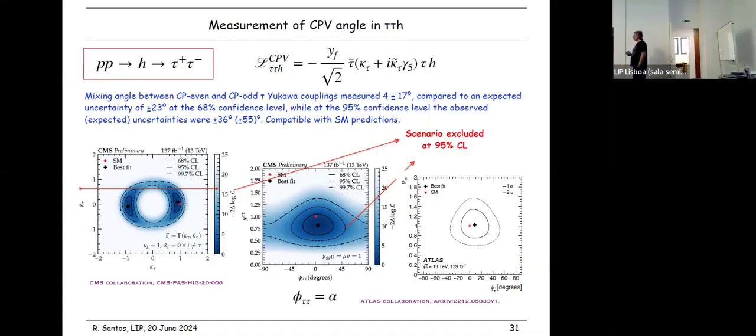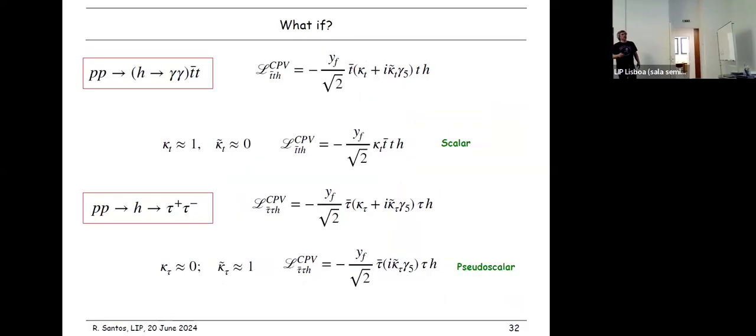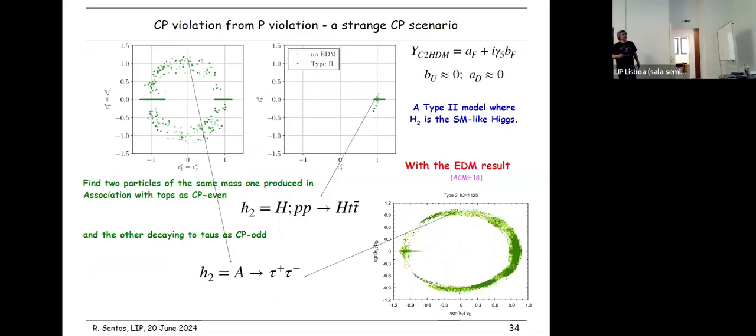Why is the tau so important? Because the top is so heavy that, for the couplings to the Higgs, we already had a feeling that the CP odd component was really small. But with the taus, it was not like that at all. And the importance of measuring the couplings to the taus is, I will just come back to this, but